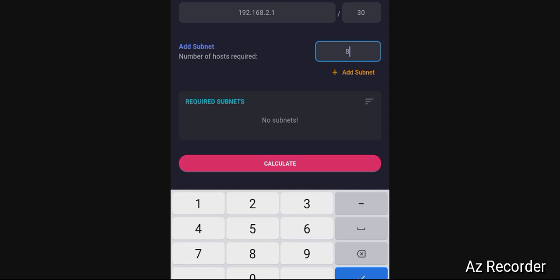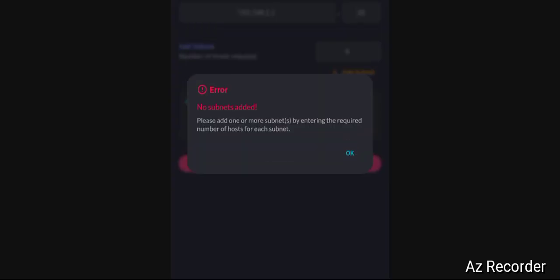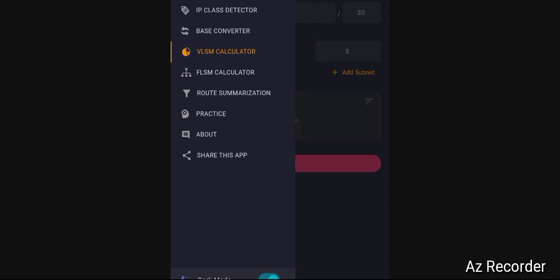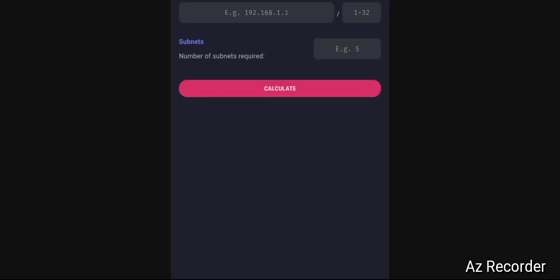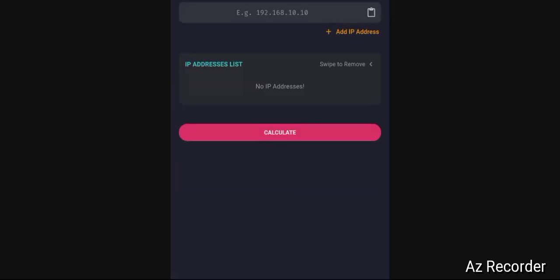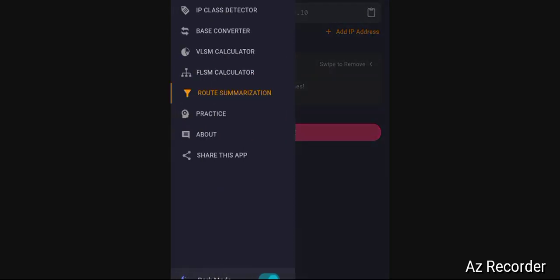For example, number of hosts required, you say 8, and you click calculate. It shows an error. It means that I made some errors, but what I want here is to show and guide you how to do it. Then we continue with the CIDR calculator. We have route summarizing.